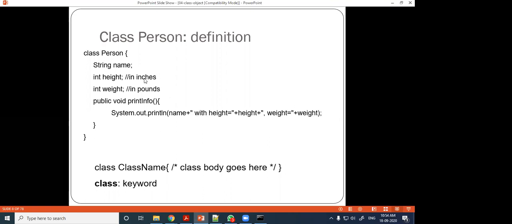And we will take another function, suppose an input function, where we will input the data. Similarly, last class we did the program for the student class. Today we will define a class person.